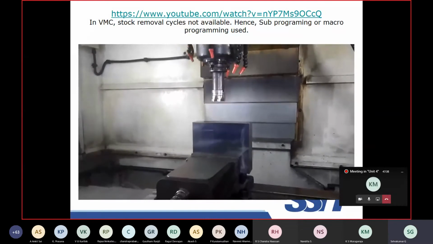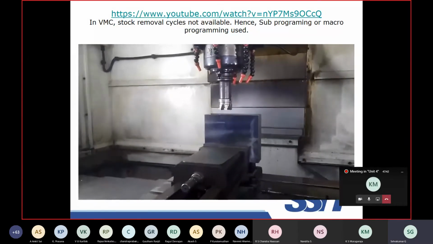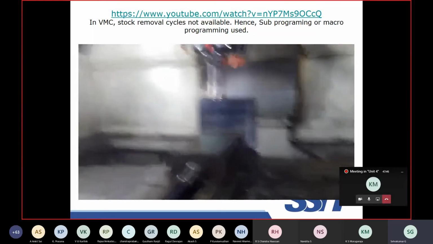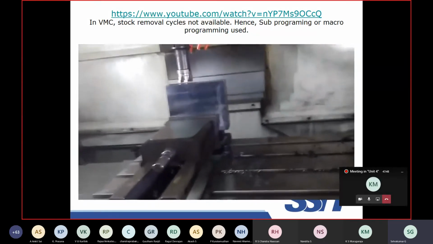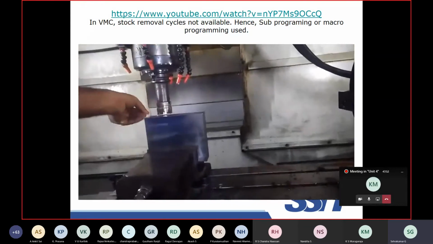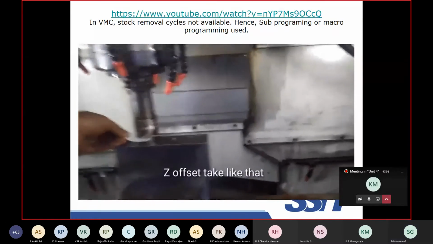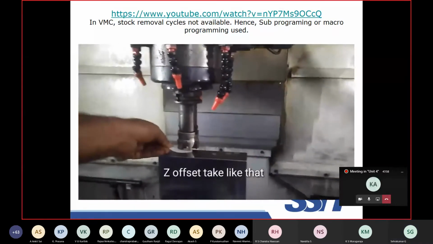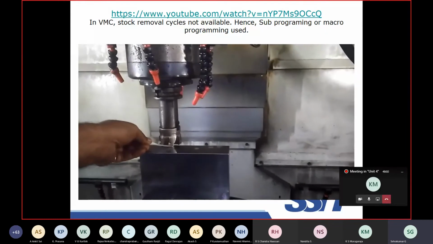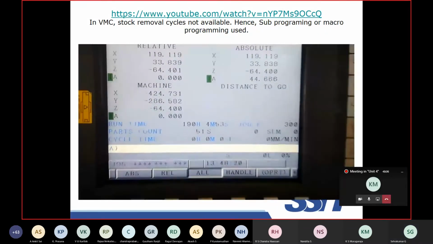Now the Z offset, how it is done. The tool is kept very close to the job. Just watch it carefully, very close. By using a paper, insert it between the job and tool, you can keep it so close. It is moving now. When there is some tightness, then you can stop the movement of Z. Okay. This is what Z equal to 0 is.